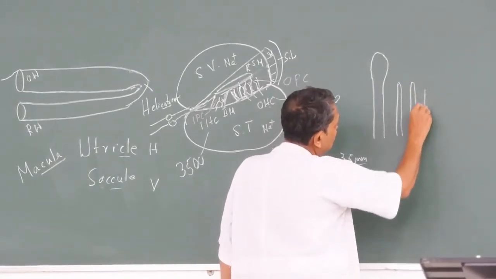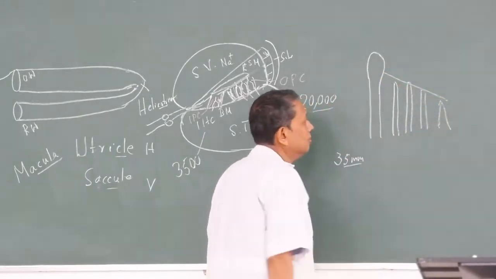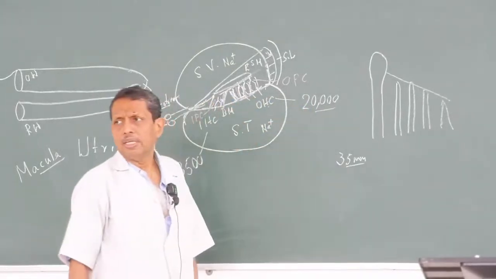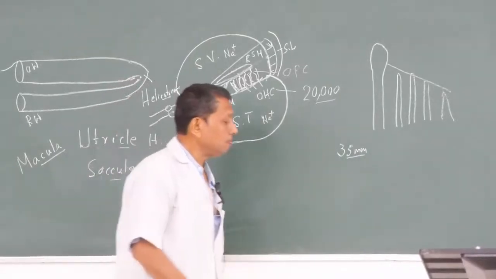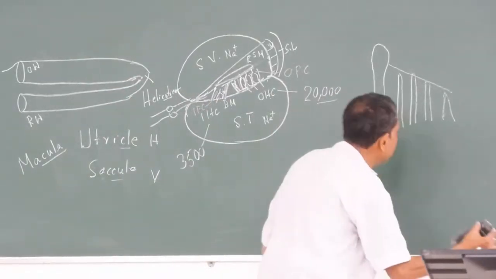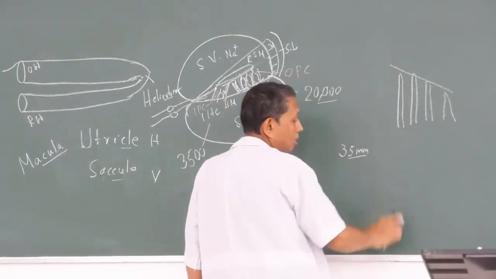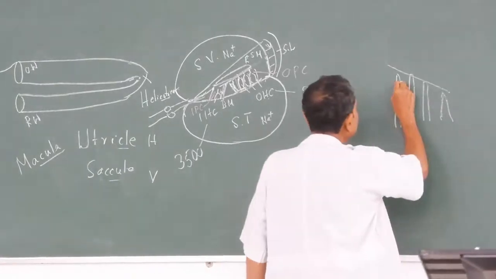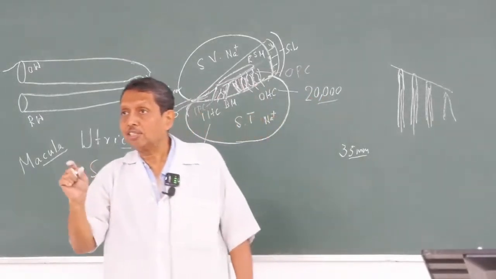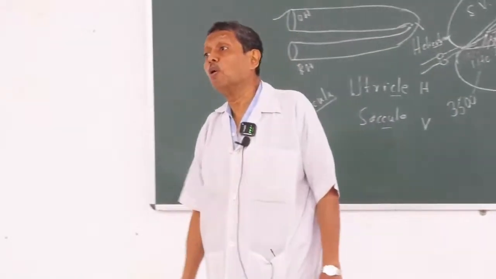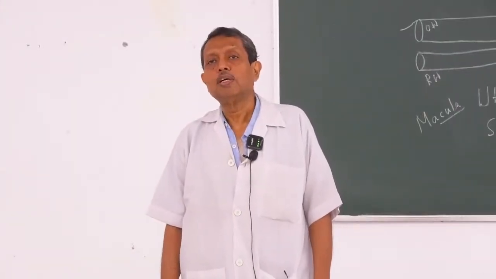But they are not true cilia. And they gradually decrease in number, from 30 to 150 cilia in this. But in the case of the cochlea, the kinocilium is not there. It is only the stereocilia, made of actin, and they are surrounded by different types of non-muscle myosin, and their movement is responsible for the generation of